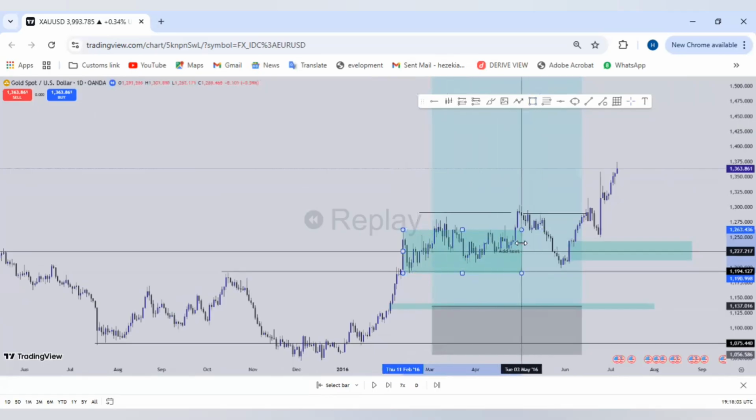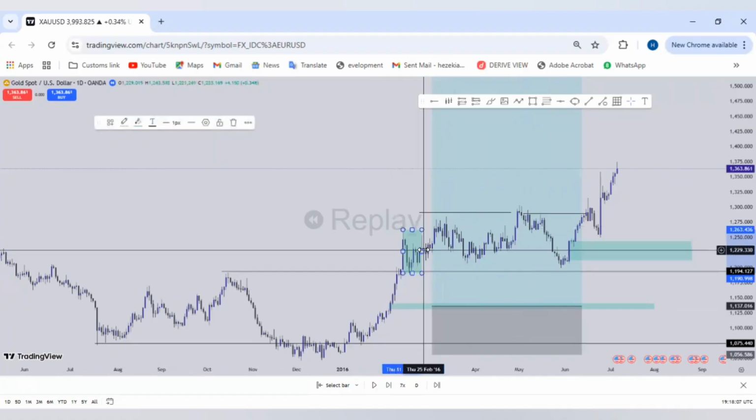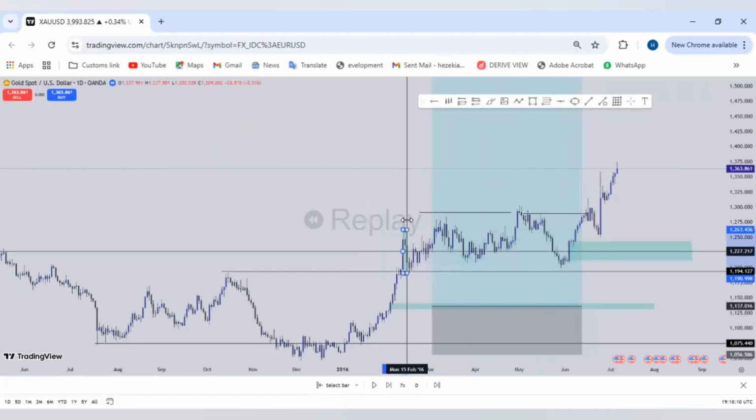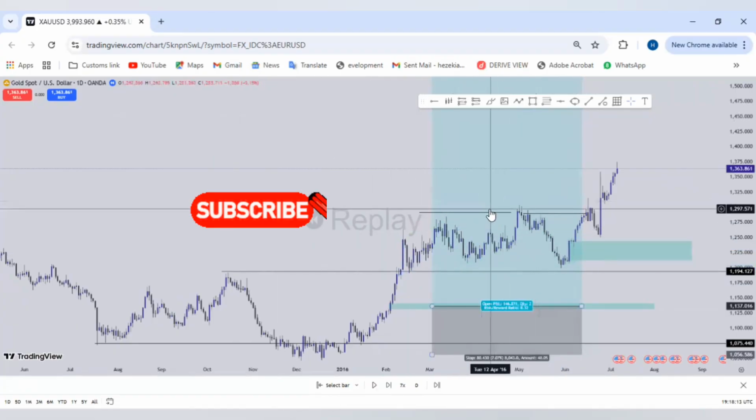So this is more or less like a consolidation. I will not be interested in taking a position right from this particular zone here. I would rather do away with it. So on that note, this is not